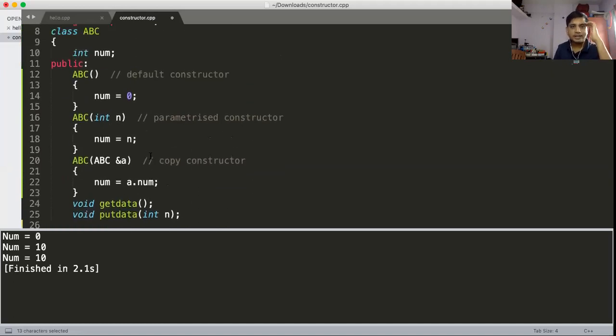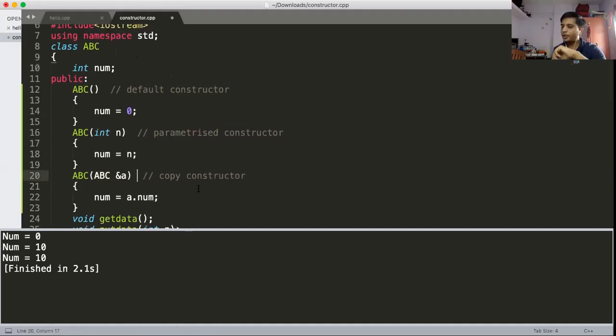Okay, so these are the three types of constructor. The default constructor does not take an argument. The parameterized constructor takes arguments, takes parameters, minimum one parameter. You can have multiple parameters. If your class has 3 to 4 data members, to initialize those data members we can put them in the parameter list here. The next one is the copy constructor, which takes the argument as a reference to the object itself. It is a reference to an object, known as a copy constructor.